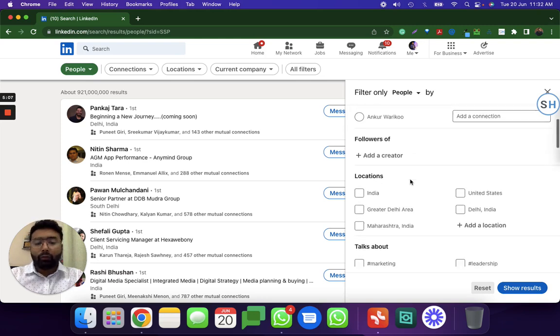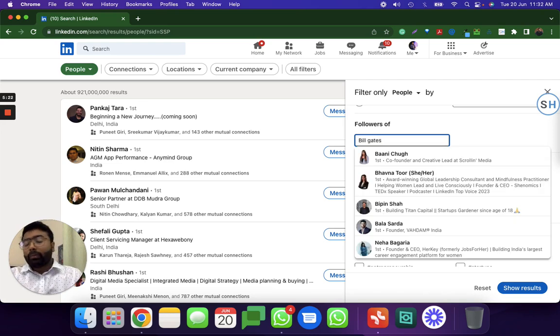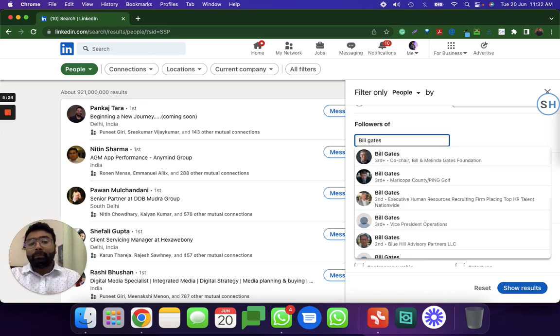Let's move forward. Then followers of. Followers means, here again you can filter based on the followers of your first, second, third degree connection or third degree plus connections, right? For example, let's say if I want to build up a niche on the people who are, let's say, the followers of Bill Gates. Okay, so see, Bill Gates is my third degree plus. So if I select Bill Gates,